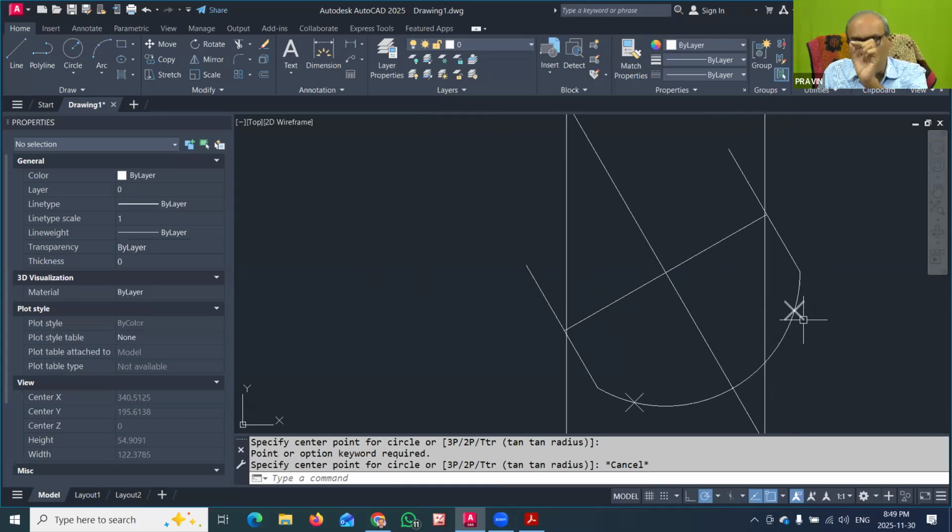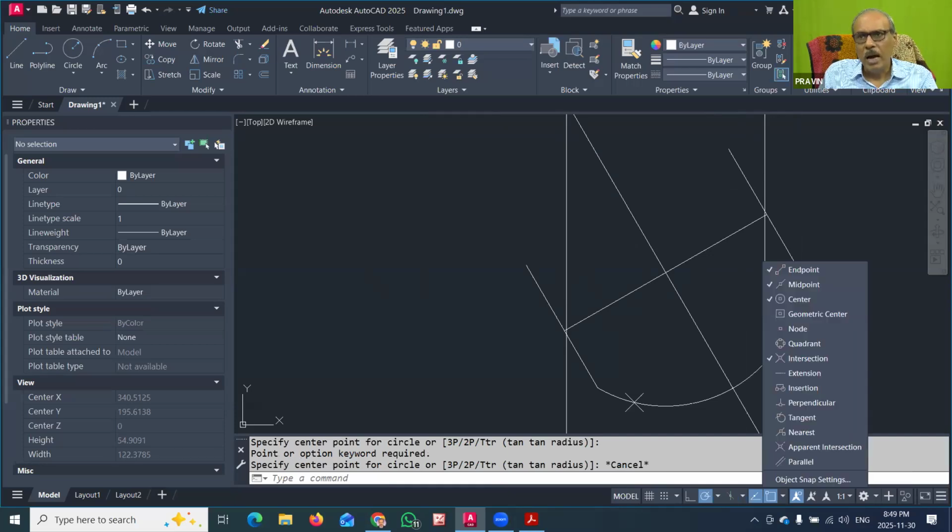So for that purpose, again, you have to remember that for magnetically capturing this type of points drawn by the point command, we have to use the object snap, which is made for point only. So that object snap, we have to make it on. So I will go here in the object snap feature, right click here. On the right click, I will click on insertion point. Here you can see node. This is the node for the point command. So you have to make it on. Means node you have also made it on.